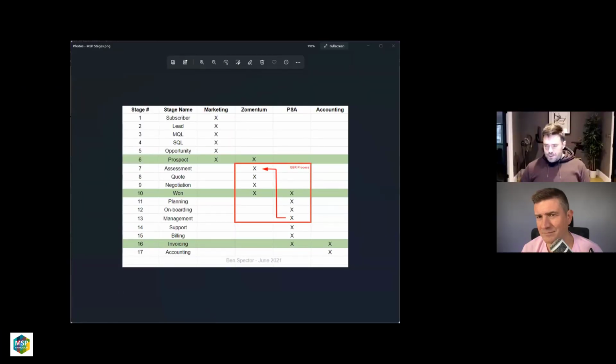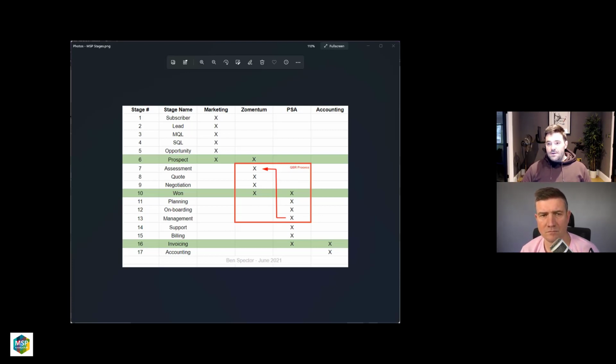Sure. So it probably does help to just have a quick recap look at that spreadsheet I showed you last time, just to show where Zomentum fits. So there's a lot of quoting tools out there on the market that really just put together a quote and a proposal. That's all they're built to do. And I think the key thing to understand about Zomentum is that it is a full sales CRM behind that